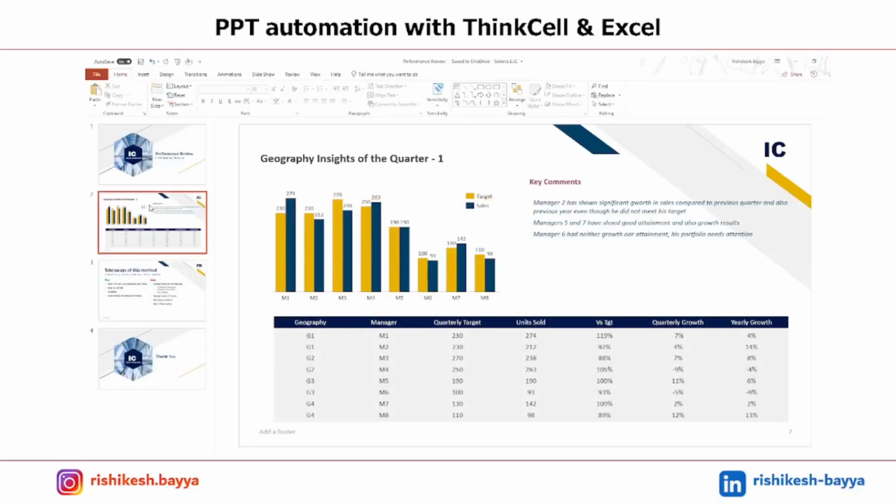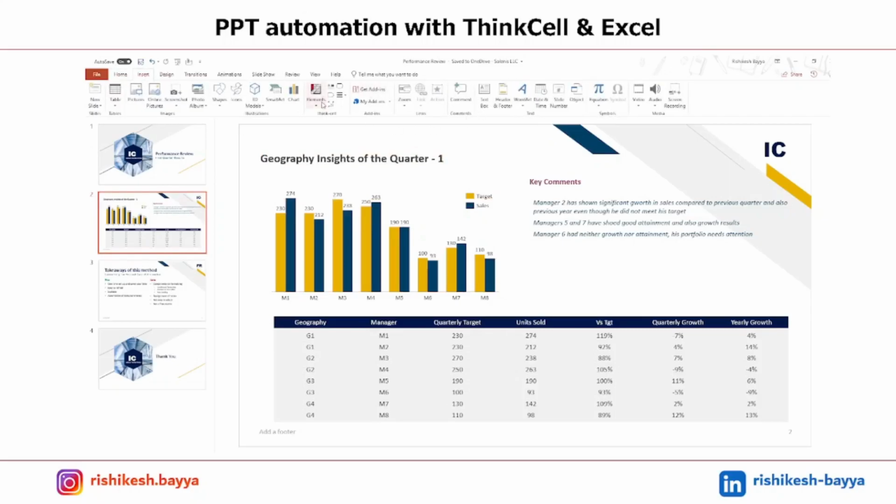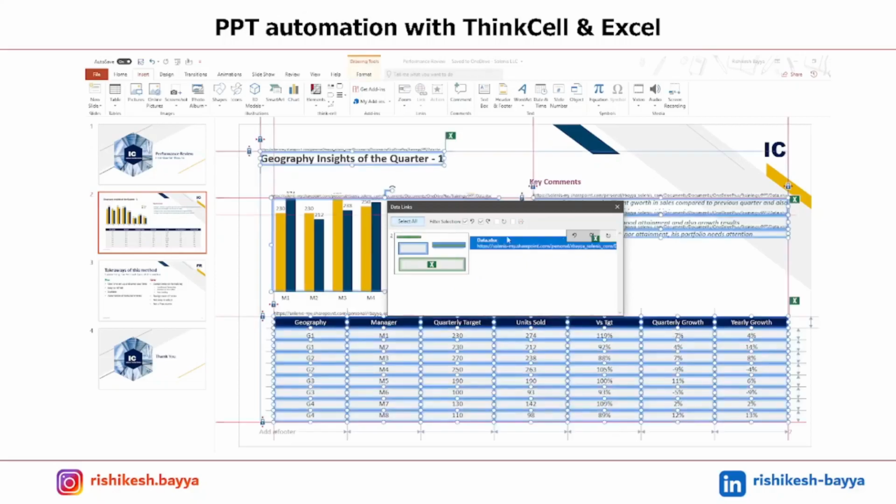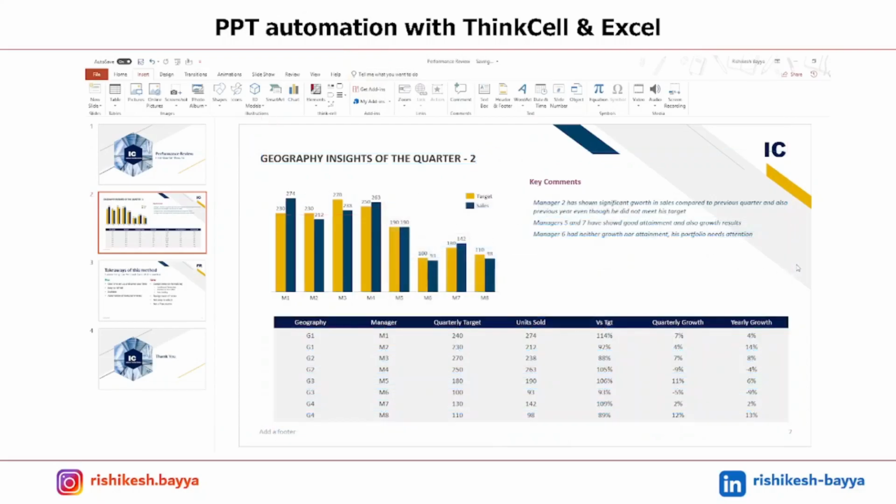So then what all that you need to do is go to the insert section and go to elements. Sorry, go to this three things here. Go to data links, and here you choose to refresh individually any of the object, or you can select everything and then you can click on update, right? So that is done. So all of these objects are now refreshed as per their references. So as simple as that, right?